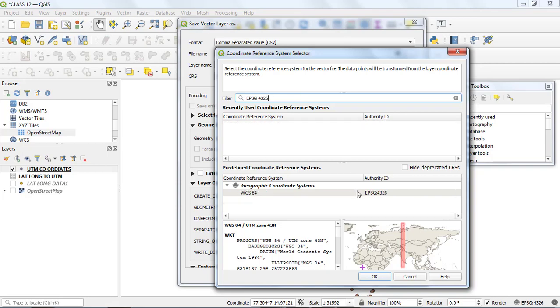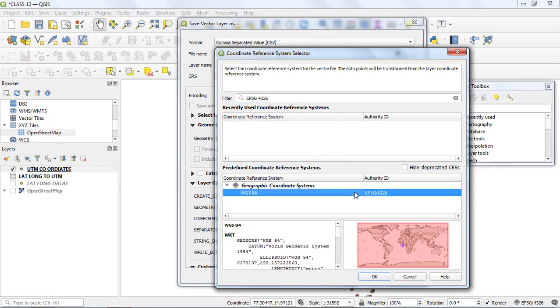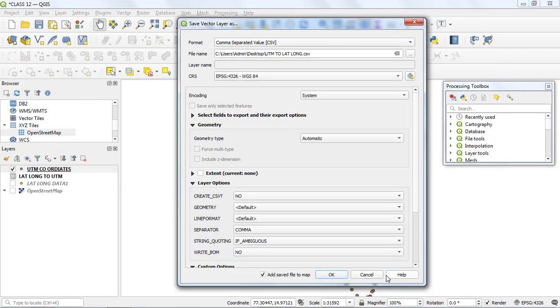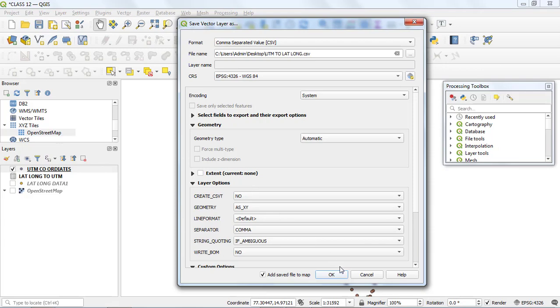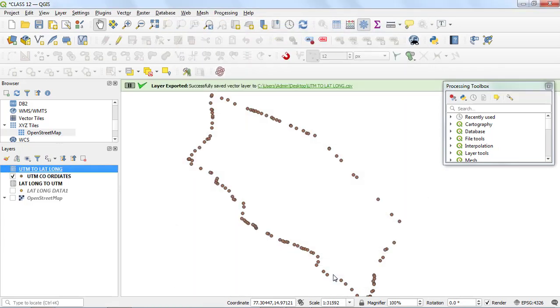This is the coordinate reference system we need to select. After that click on OK, and here in the geometry we need to select as XY, nothing but longitude and latitude, and click on OK.